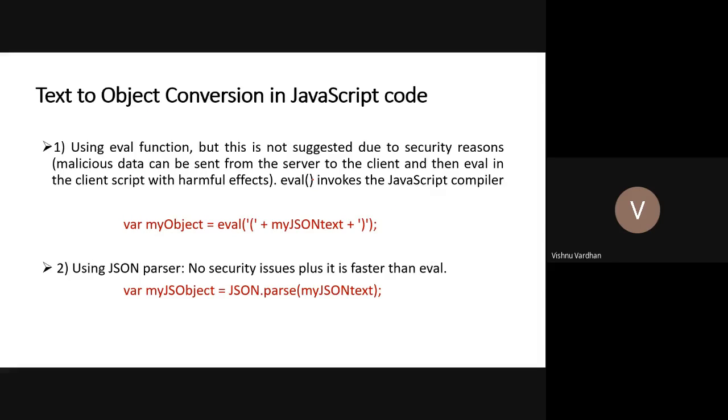Text to object conversions in JavaScript code. So many times, whenever you are doing data conversions, or if you want to parse data from a website and save it temporarily in local storage, or check the information you saved earlier, you search it from the local storage and again create a JSON object or JavaScript object. All these possibilities can happen, and for that some supporting methods have been given.